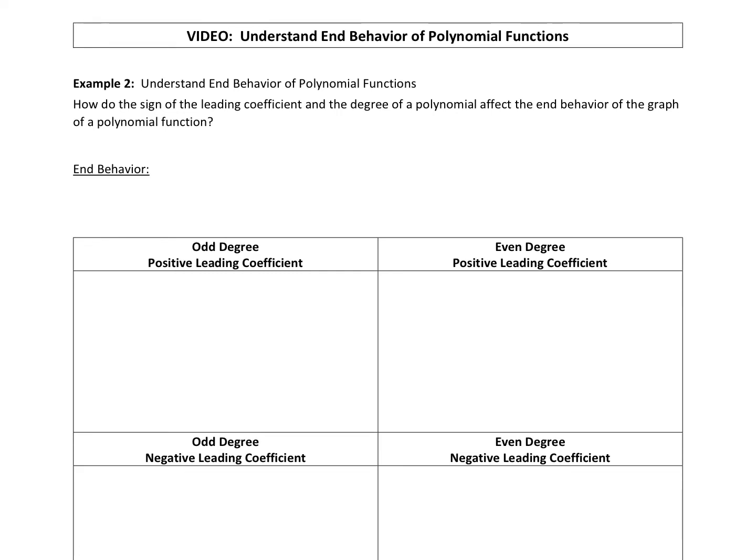All right, we are going to work on understanding end behavior of polynomial functions. So how do the sign of the leading coefficient and the degree of a polynomial affect the end behavior of the graph of a polynomial function? So end behavior, what the end behavior of a graph is, it's the behavior of the graph